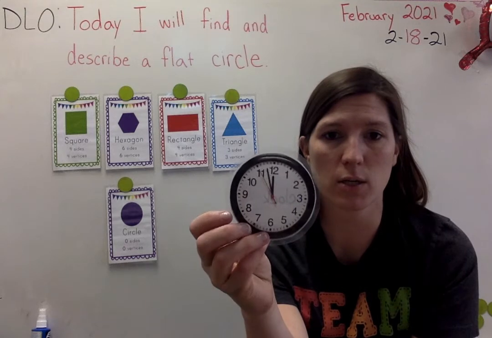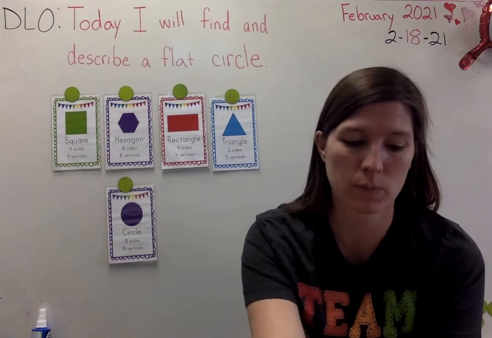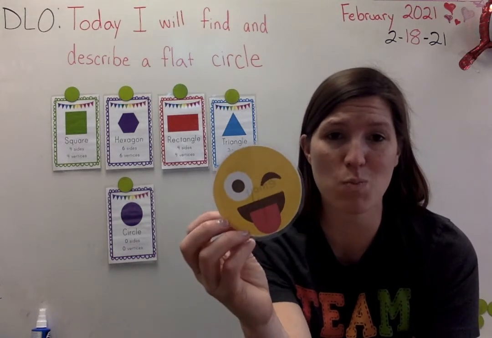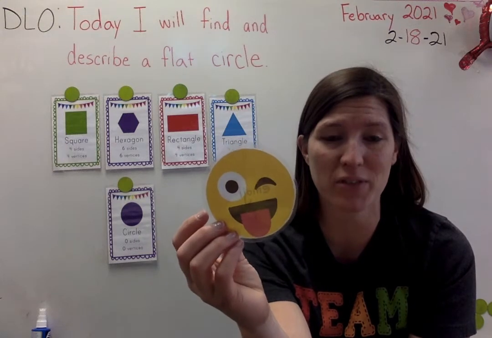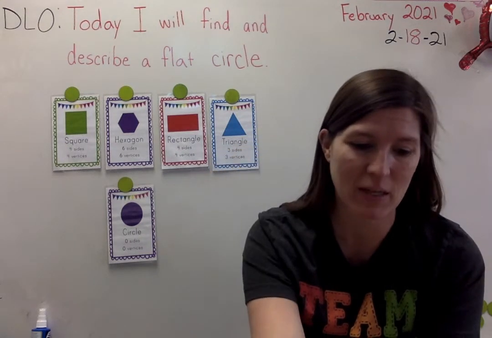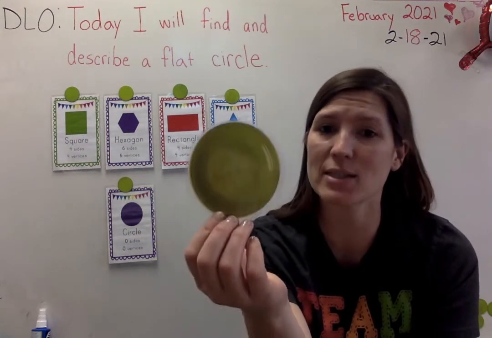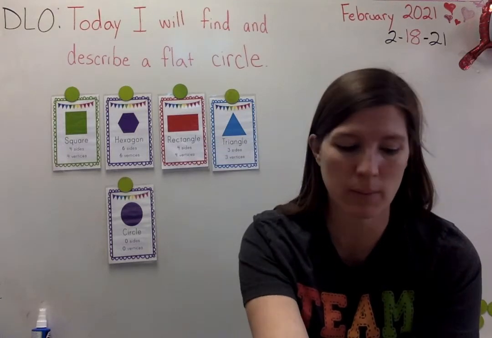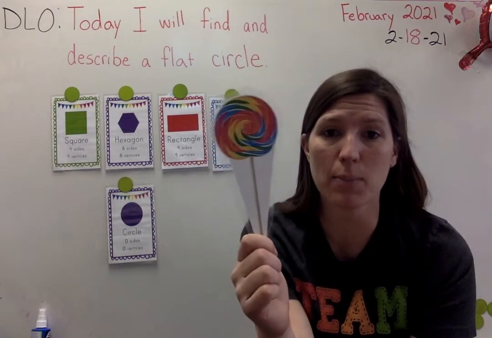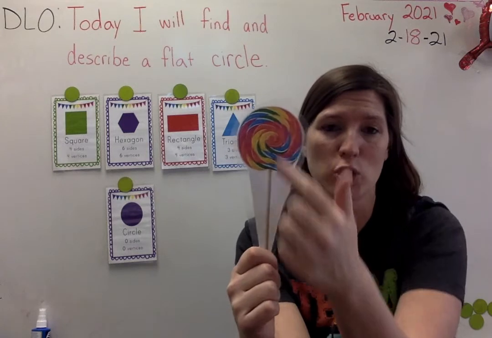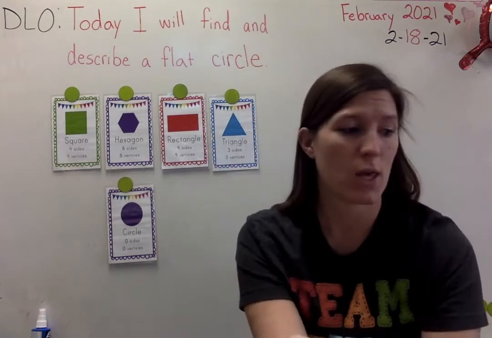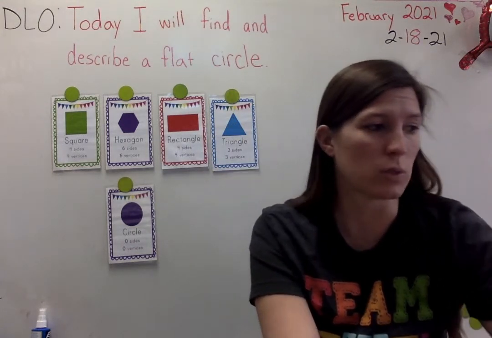Some clocks are the shape of a circle. Some emojis are in the shape of a circle. Some dinner plates are in the shape of a circle. And lollipops have a circle shape on top. Now, after you have found some circles at home,